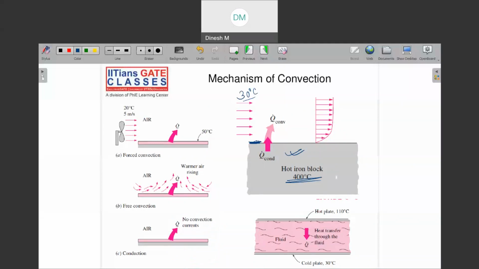And due to what? Due to the no slip condition. So if this plate is stagnant, then in the very close vicinity there is some stagnant layer. Okay, it keeps on moving after some time, but there is one stagnant layer. For that extent, my plate will first lose heat by conduction to this layer,